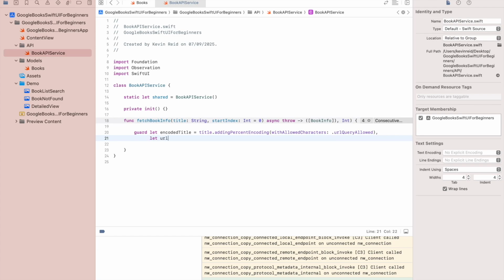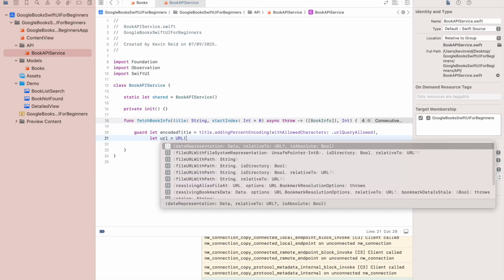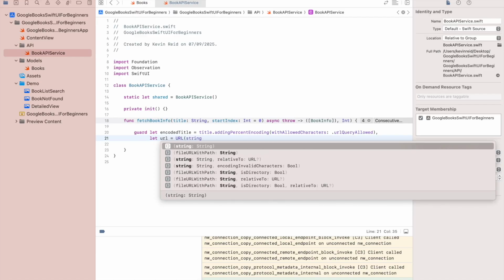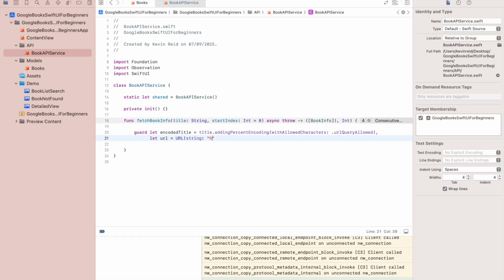Let URL equals URL string HTTPS www.googleapis.com books v1, and then the volume for the volumes question mark, Q, and then we include our encoded title,